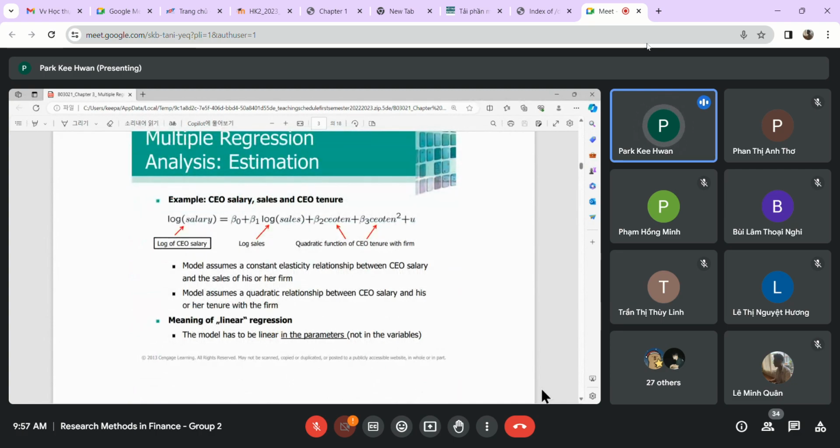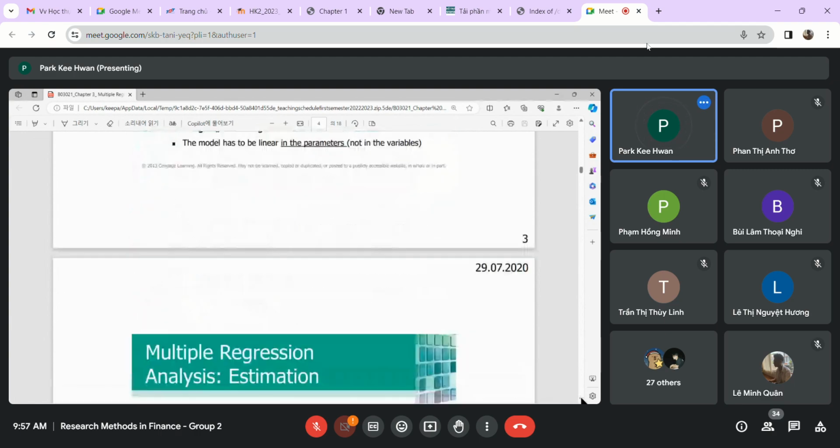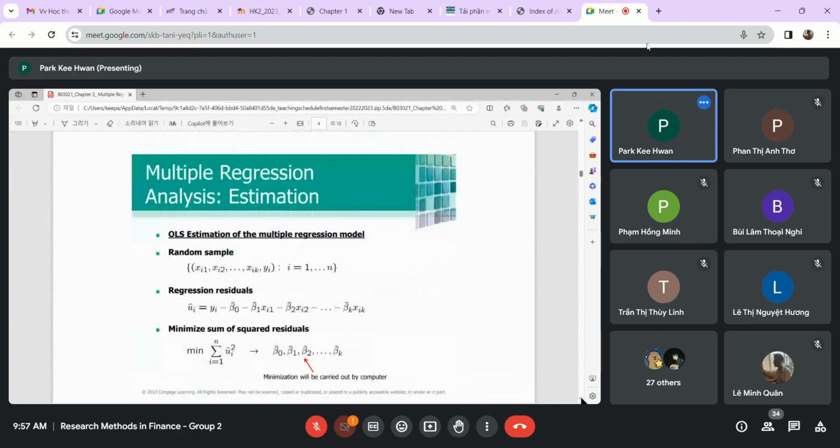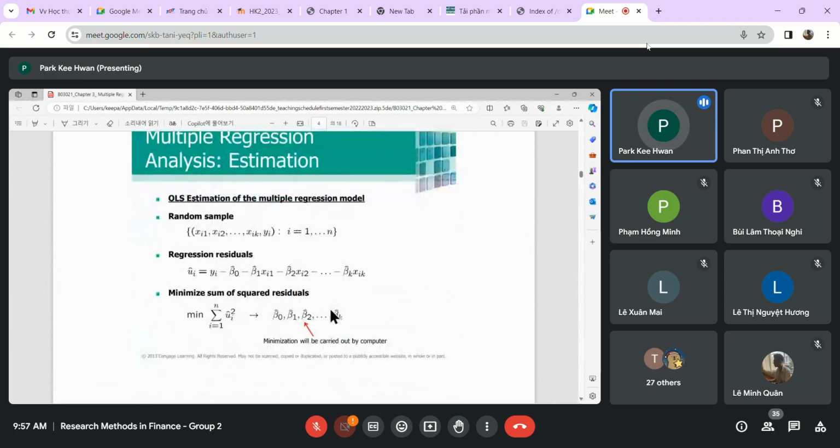Okay, and this is a similar example, so let me skip that. Okay, let me skip. So we defined the multiple regression model, and we talked about what the good things are about the multiple regression model. Okay, now